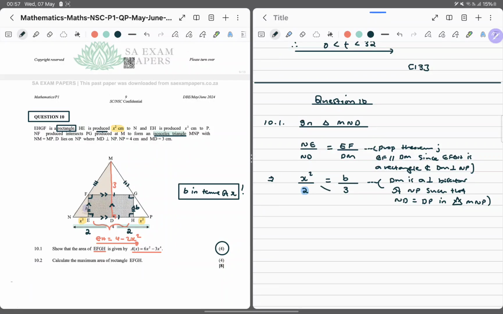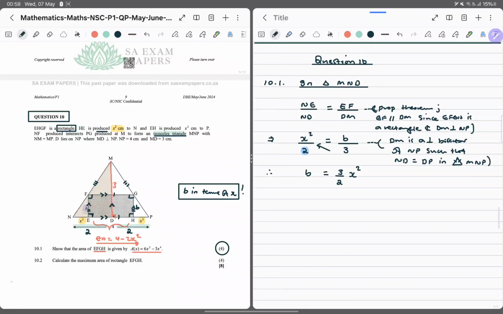Okay, now we cross multiply to solve for b. So we are literally going to have our b here as 3 over 2 x squared. Now we have succeeded in showing our b in terms of x squared. And remember, our reasons are the etc. part of our instructions. Do not take that for granted. Now we're going to go on and say then